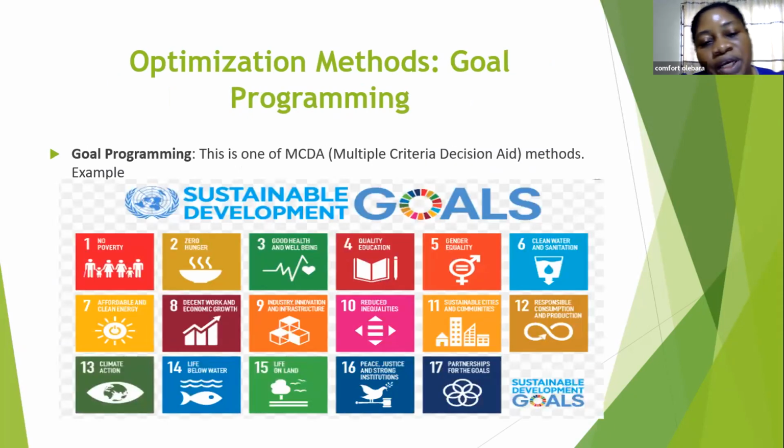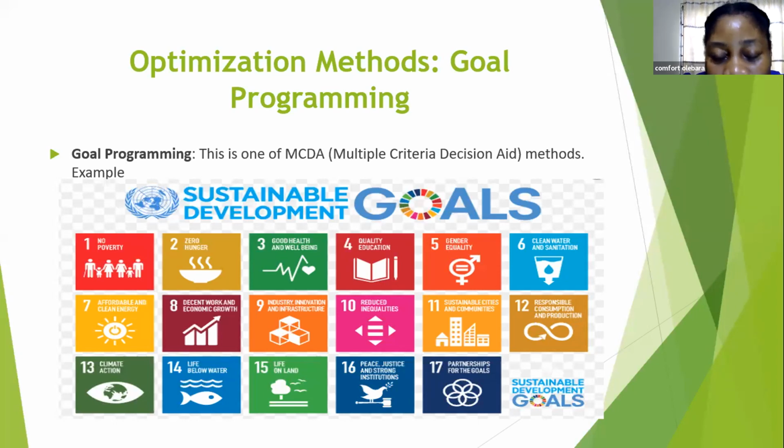Now, the next one we look at is goal programming. Goal programming is a method or technique used for resolving multi-criteria decisions. Let's say government organizations do not have a single objective or fewer objectives. An example is the United Nations Sustainable Development Goals, where you have 17 goals